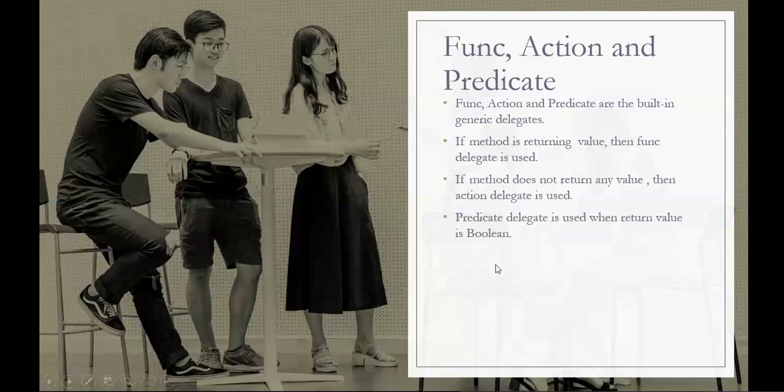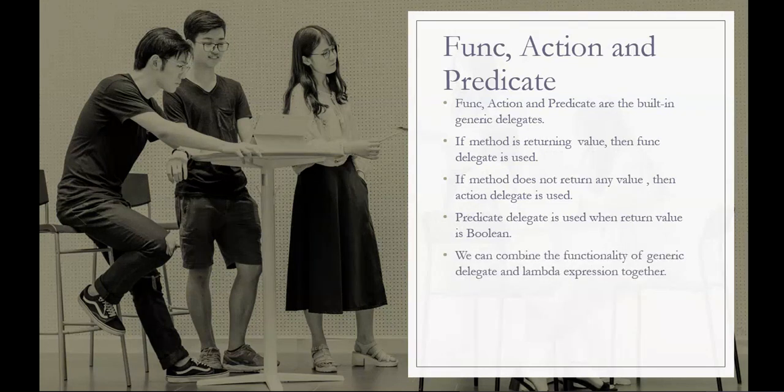So we started from the scratch. If you remember, yesterday we started creating delegate, then instantiating delegate, and then calling a method using delegate. Those steps are not required now. Simply use these built-in delegates and directly attach a method. Even if you use lambda expression, no need to attach a method as well. You can directly write the logic in front of the delegate like we saw already. Okay. So we can combine the functionality of generic delegate and lambda expressions together. I showed this already, and you saw this already, I guess.